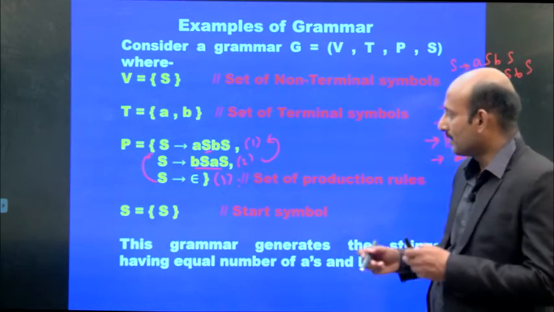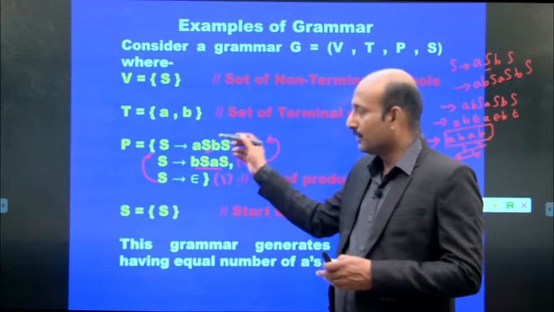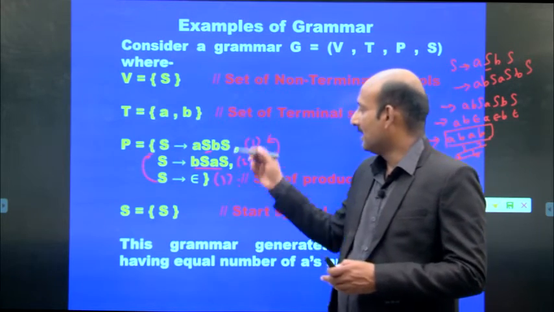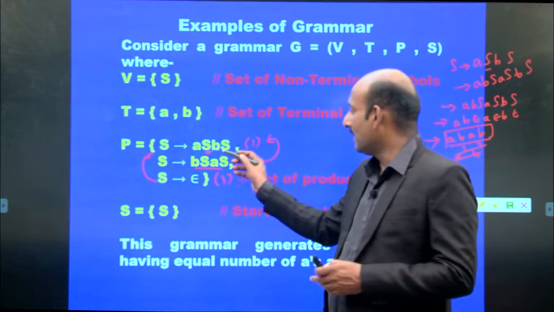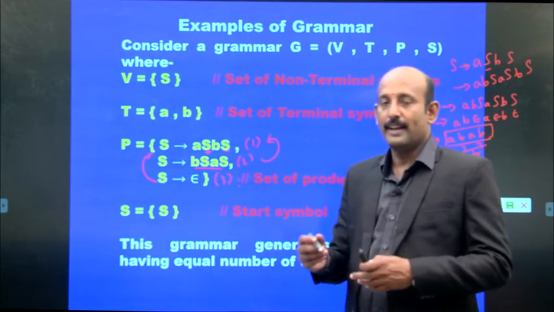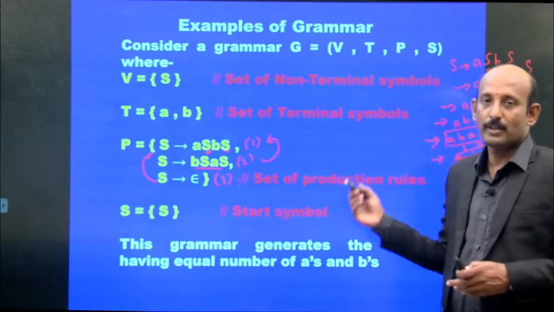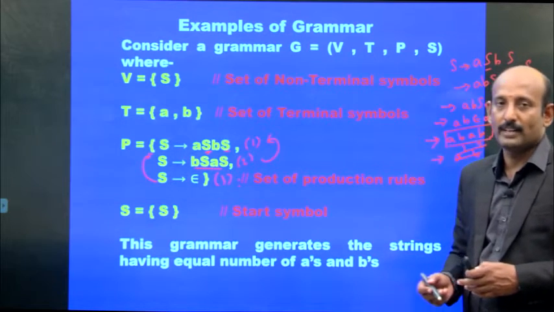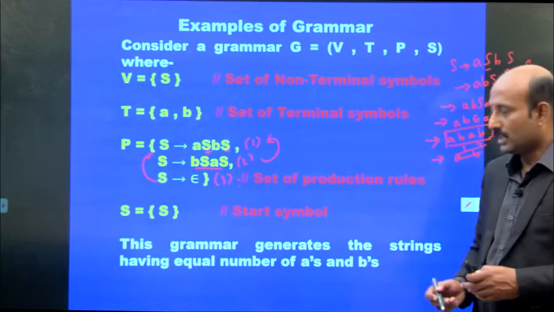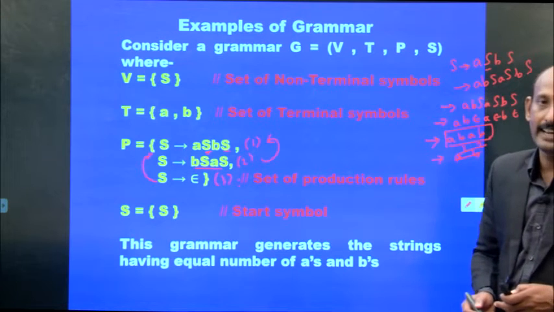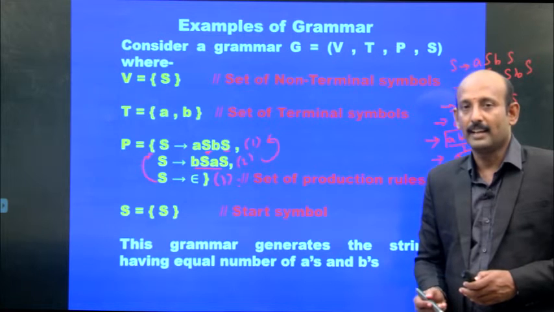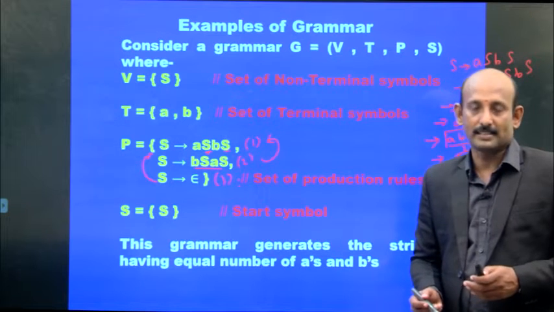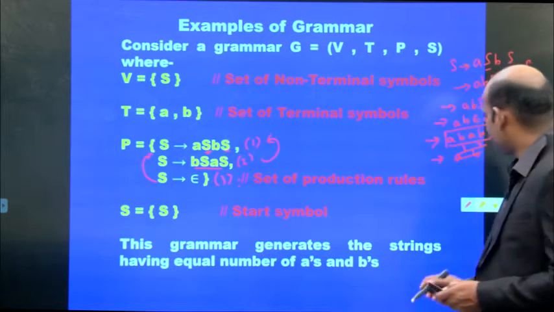Again you can go for substitute. Again and again if you go for substitute, then we may get another. Likewise we can substitute this S and this also we can substitute, and finally we may get more number of A's and more number of B's, where both are having equal numbers, like A and B both having equal numbers of A and equal number of B's, right?